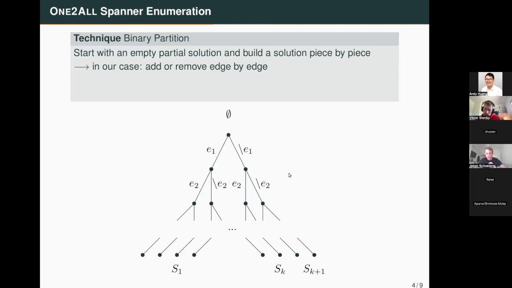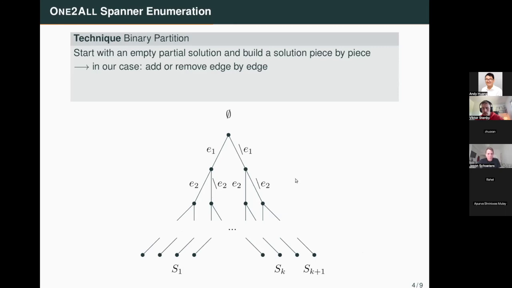So this is what we would like to do, but maybe I should present it first like this. If you only do this, then you run the risk of having a very bad algorithm, because the number of solutions might be very small with regards to the number of leaves that you end up with. The number of leaves is going to be exponential with regards to the number of edges, whereas the number of solutions might not be exponential with regards to that. So in that case, you might not even have an output-polynomial algorithm.